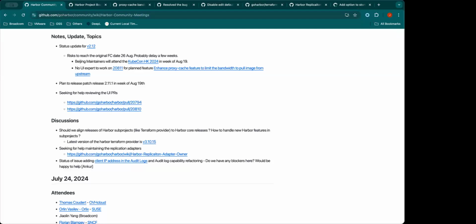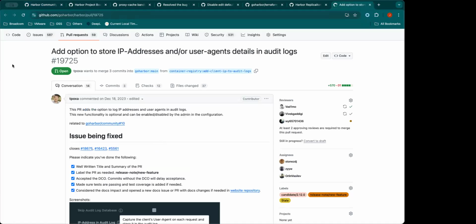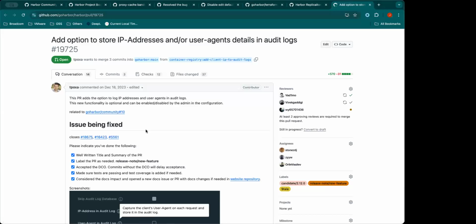Okay. I think I can take a look at this PR later, but that was not on my radar. When was it opened? It is December 18. Okay, so I think it may be okay for you to wait a few more weeks. For this, did we have a design and thoroughly discuss this implementation? If not, I think I can follow this up. Yeah, but I don't think we already have a design discussed in the community meeting. I don't have this in my memory.